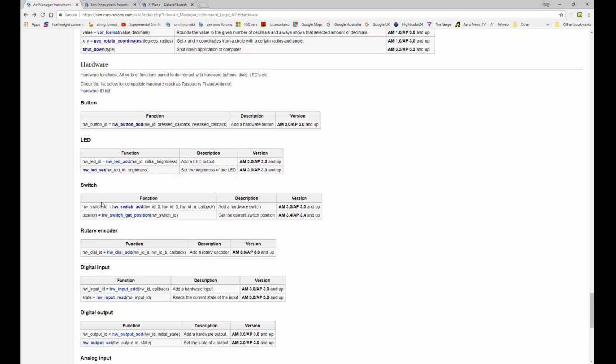Switch, again, very similar. You add a switch with the add function. You can see it's got this hardware ID _n there, meaning that you can add as many of those as you have switch positions. So I'm just going to show you a three-way switch today, so we would need 3 different hardware IDs from our list that we just looked at